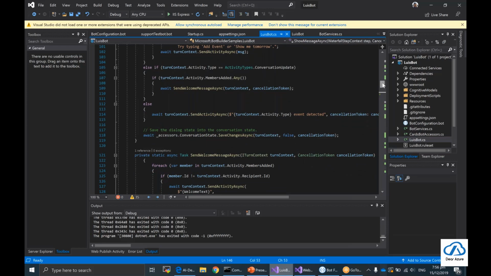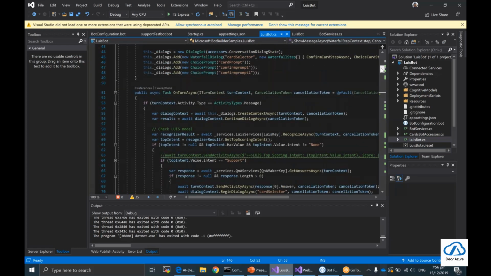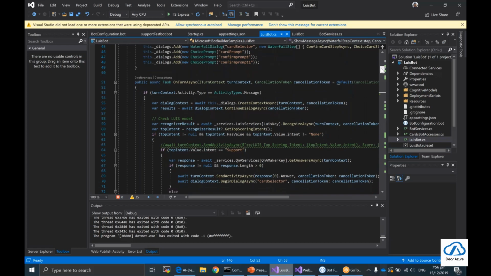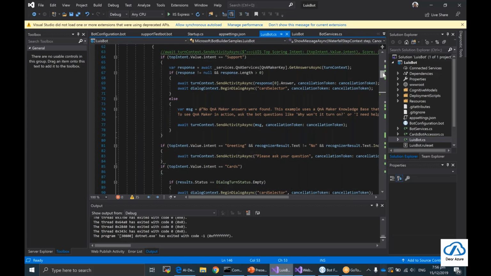a dialogue. Okay, so for example, here I have an example of a bot which is kind of a support bot, connected to my LUIS as well as my Q&A, right? So why I have implemented LUIS, because whenever a user is going to ask me something, I need to understand what the intent of my user is, right? Until and unless you're aware of your user's intent, it's pretty difficult for your code to route that request, right? So for example, if I'm going to run this application over here,